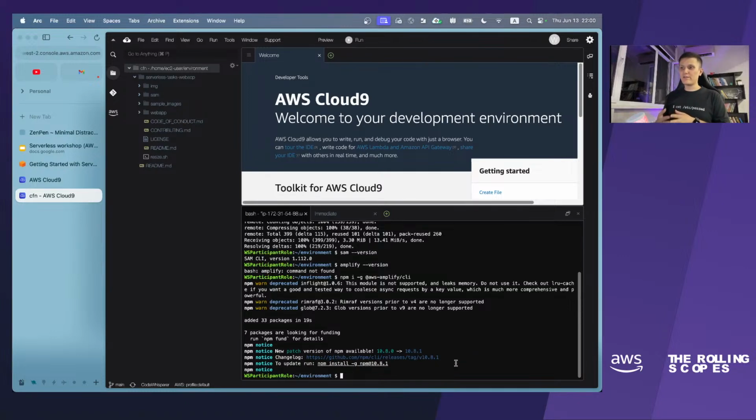You can think about Amplify as Firebase, which is a bit more popular than Amplify, but it is some kind of Firebase on steroids, because it provides hosting, for instance, not only for static websites but also for websites hosted with server-side rendering.